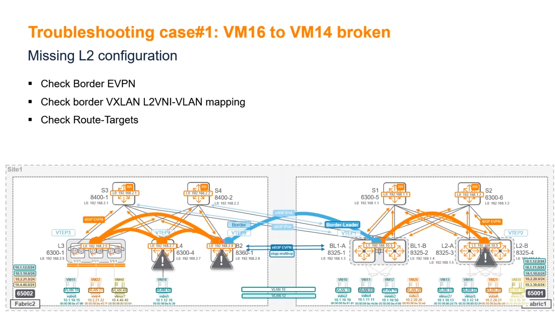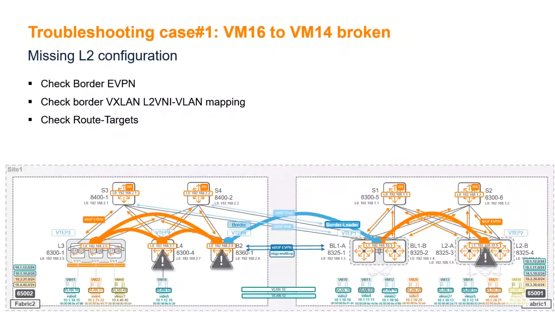So please check EVPN. You have three things to check, remember. First, that the VLAN is configured on the border. Then that you have the VLAN mapping as well in EVPN, that we have the VXLAN interface with the VLAN mapping done in the VXLAN interface. And you have the route target as well that corresponds to the global scope route target on all the VTEPs for that traffic to be extended.